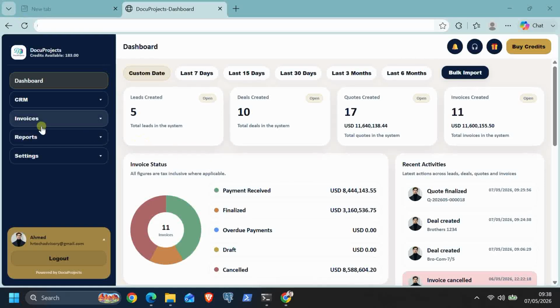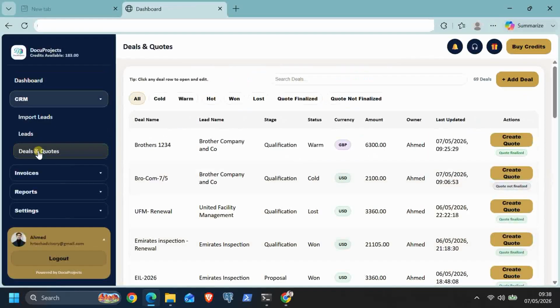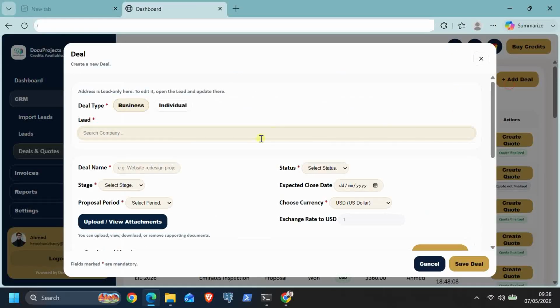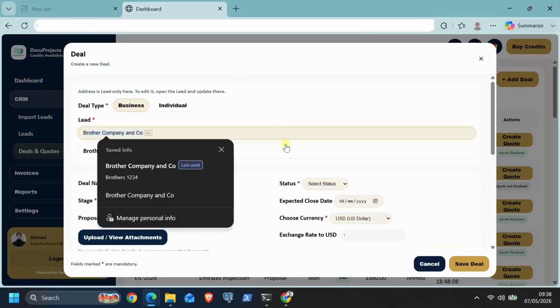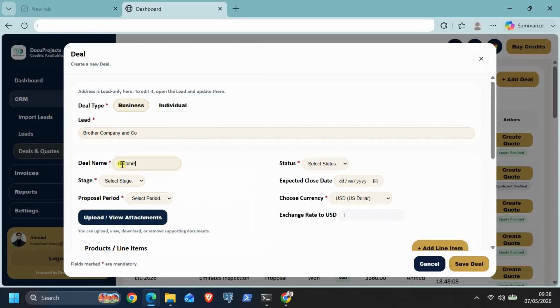In this video, we will see how to create a multi-currency deal and quote inside the system. To begin, navigate to CRM and click on Deals and Quotes, then click Add Deal. Search and select the lead, enter the deal name, then choose the deal stage, proposal validity period, deal status, and